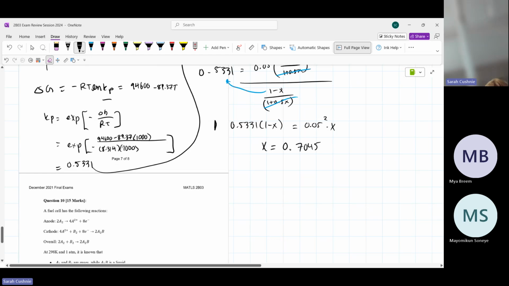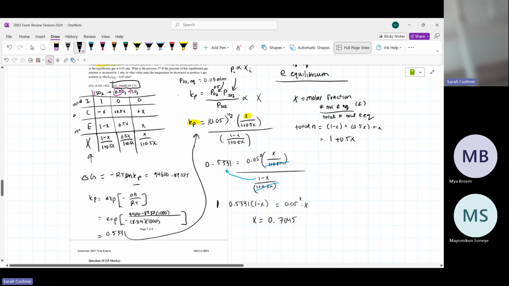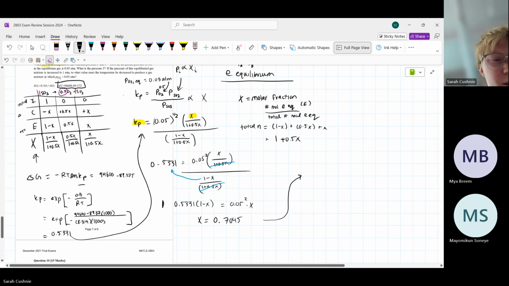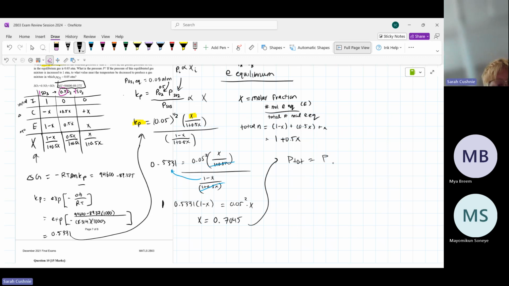You might be like, Sarah, why do we even get x? What does this matter? And the reason it matters is because we want to calculate P total, remember? P total is going to be equal to the partial pressure of SO3 plus the partial pressure of SO2 plus the partial pressure of O2. And remember these partial pressures,